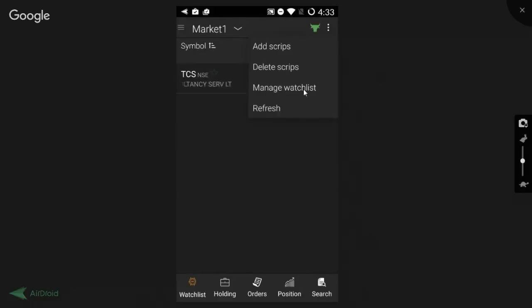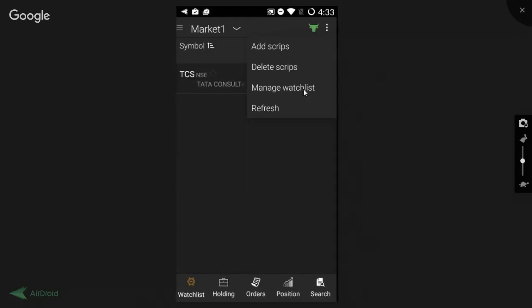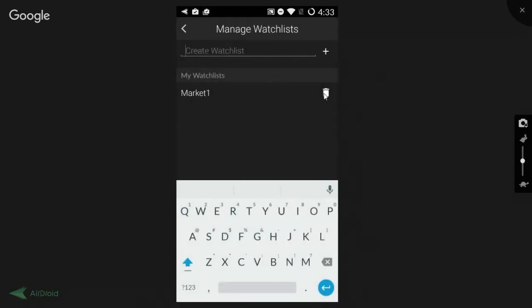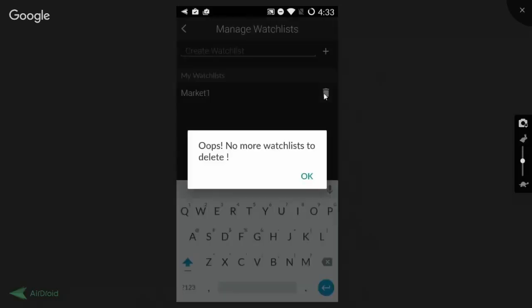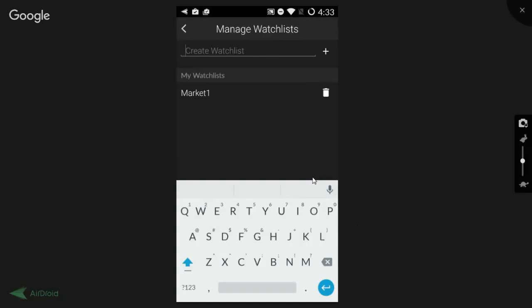Now we'll learn how we can create our own market watch. So click on manage watch list. There we had deleted scripts. Now to delete a market watch, we can do the same from here. And let's create our watch list.